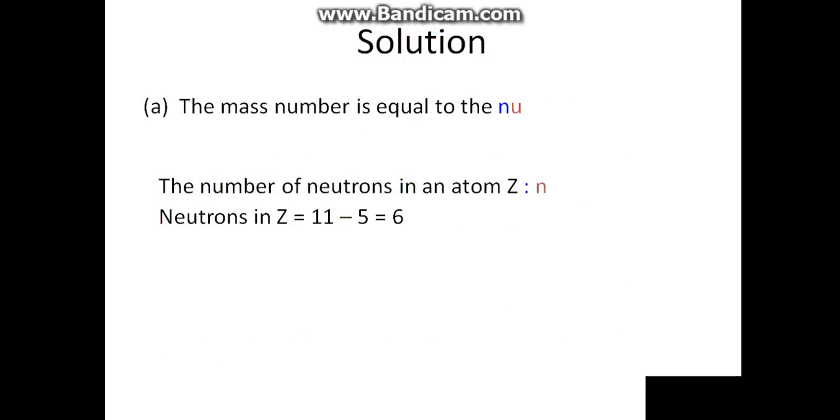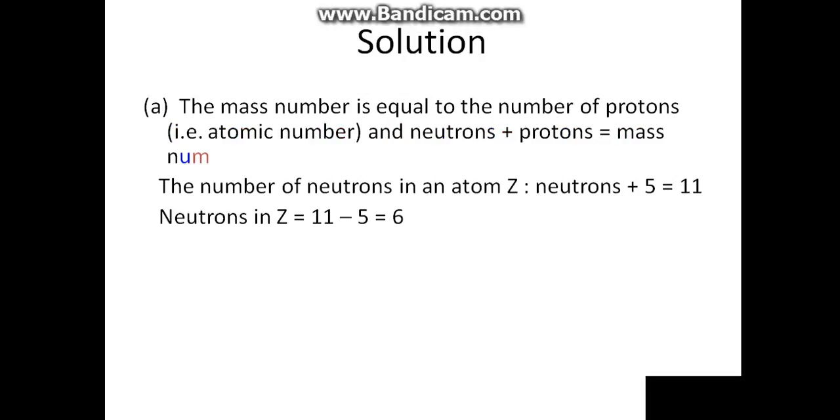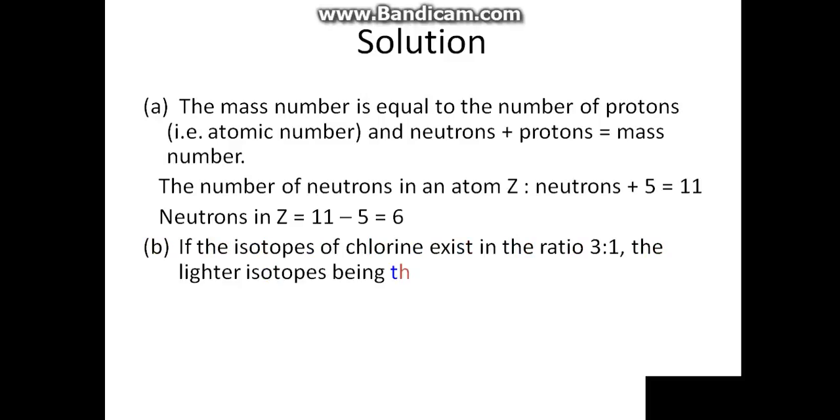Solution. The atomic number is the number of protons, and neutrons plus protons is equal to the mass number. The number of neutrons in an atom of Z: neutrons plus 5 is equal to 11. The number of neutrons in Z is now equal to 11 minus 5, which gives us 6. B. If the isotopes of chlorine exist in the ratio 3:1, the lighter isotope being the